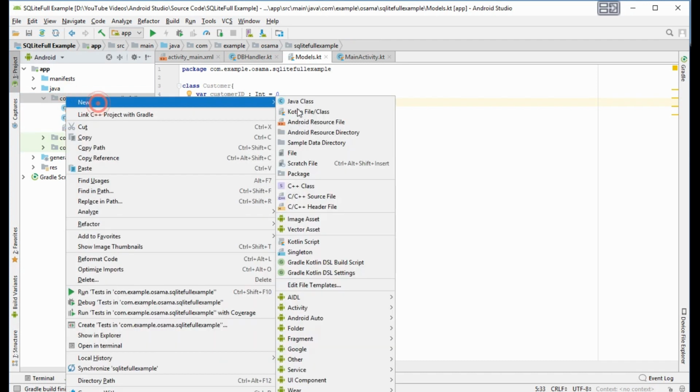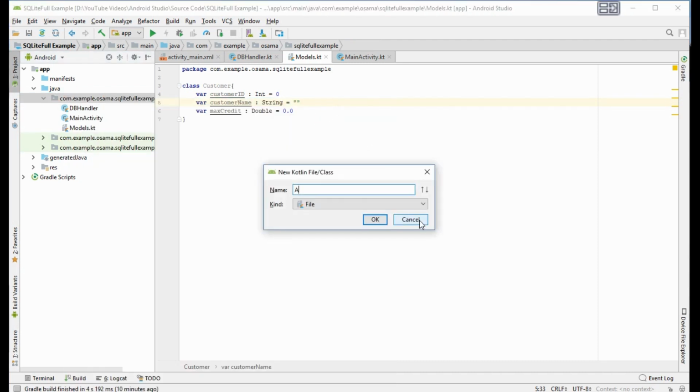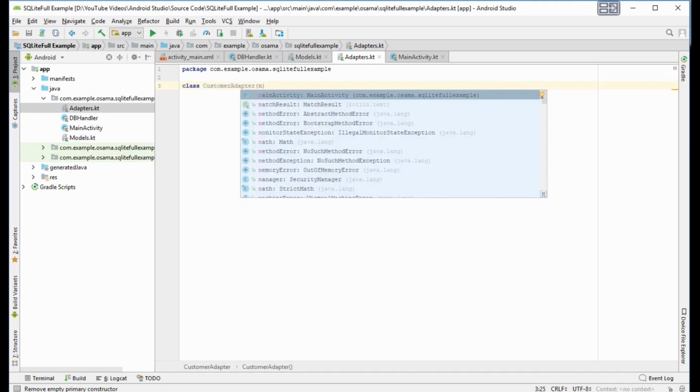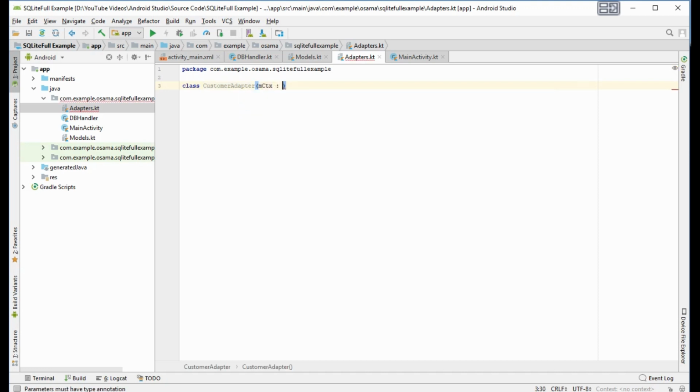Now right click, new, adapters. We want to create the adapter. Okay. Now class CustomerAdapter, mCtx context.